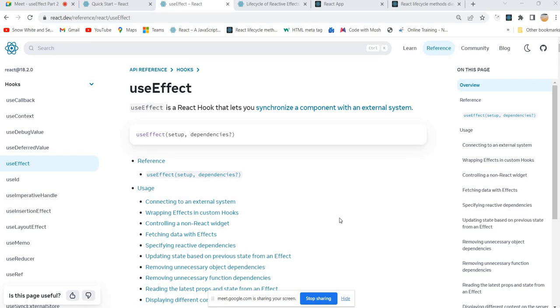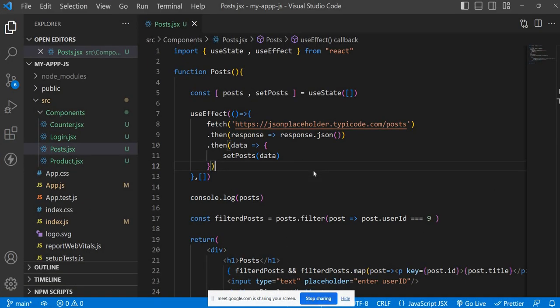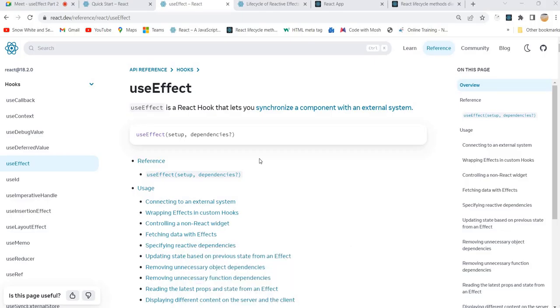In the last session, we understood how to use useEffect, and we gave just an empty dependency array. Of course, we didn't discuss what the purpose of this dependency array is, when we should go with an empty dependency array, what will happen, and what the purpose of that is. We are going to learn in detail in today's session. And one more thing, along with that, we are going to understand